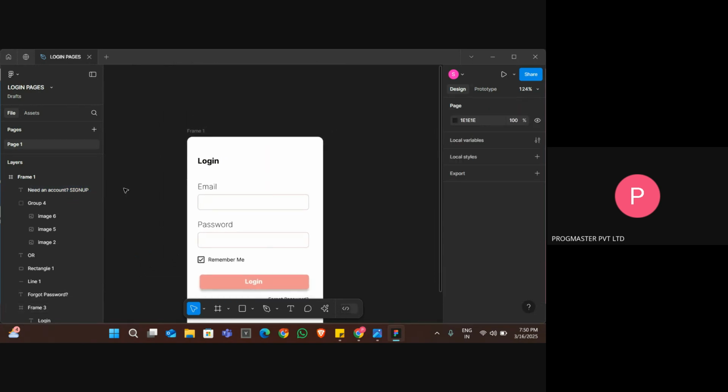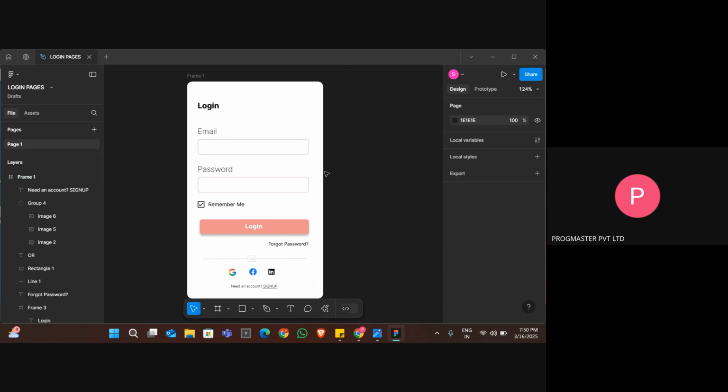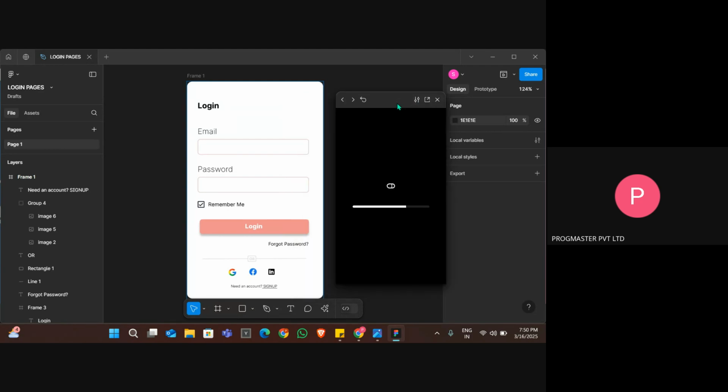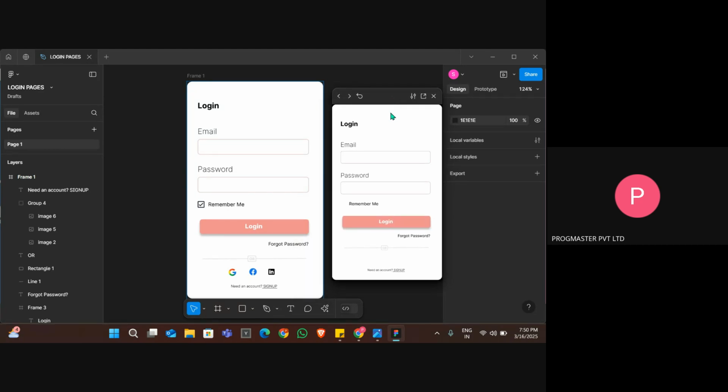Now finally, we designed the login page. Now let me see how it will look. Preview. Just give me a second. Let me show the preview. This is how it will look in the mobile. This is how it will look in the mobiles. Let me open in the new page. Yes, this is how it will